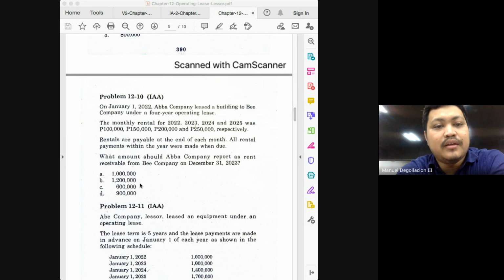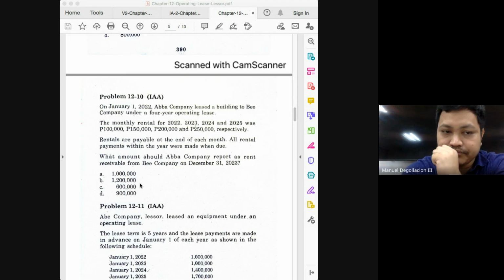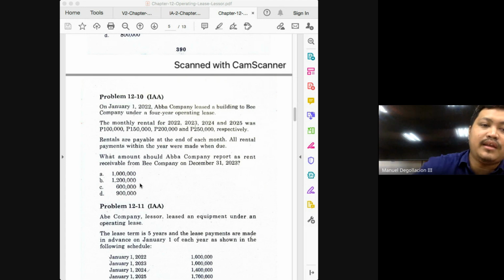Next, how much have we earned in 2023? Another 2,100,000. But how much were we able to collect in 2023? 150 times 12, that would be 1,800,000. So from 2023 alone, we will have an additional 2,100,000 less 1,800,000, that will be 300,000. So additional receivable in 2023 would be 300,000. The 900,000 from last year, plus an additional 300,000 this year, you will have 1,200,000 by the end of 2023.